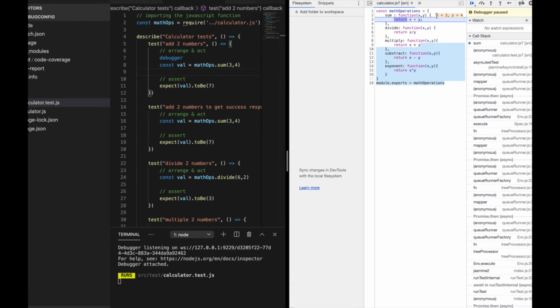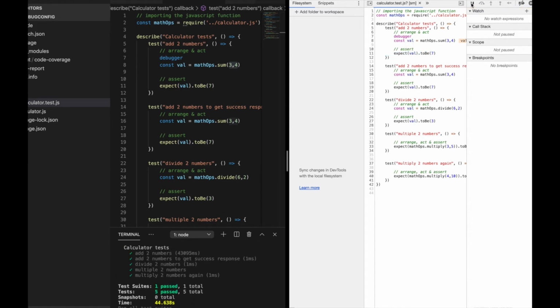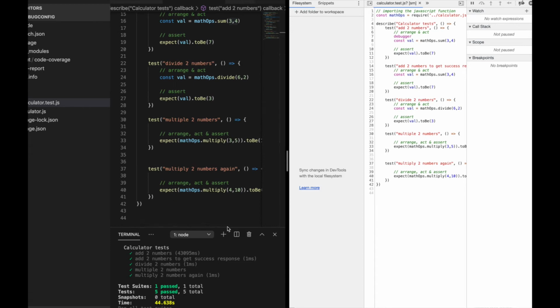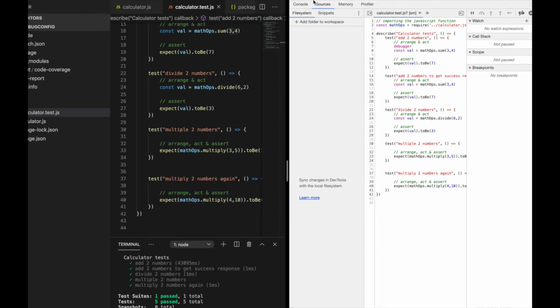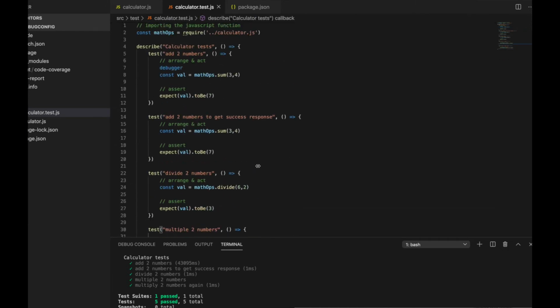and if I want to see the values that were passed from test, they were 3 and 4, you can see that this is what we had passed. And move out, and let's see the value val to be 7 and click next. And now since we don't have any other debugger endpoint or break command, our tests have moved ahead and they all have passed. So that's how you can use node-based debuggers along with Visual Studio Code.